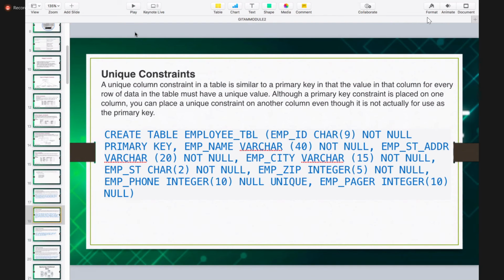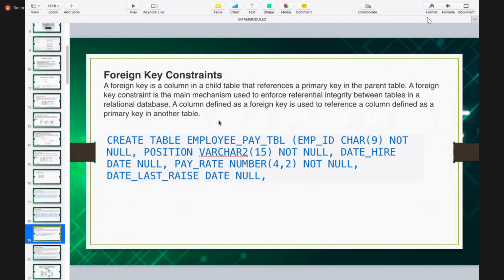If you have any doubt, you can ask, no worries, I will explain. So next, foreign key. Create table employee, payable table. So ID not null, position not null, hire date. It is a date data type. In Oracle, you have the date data type. Based upon the format, it is going to take the date format, and it is null.